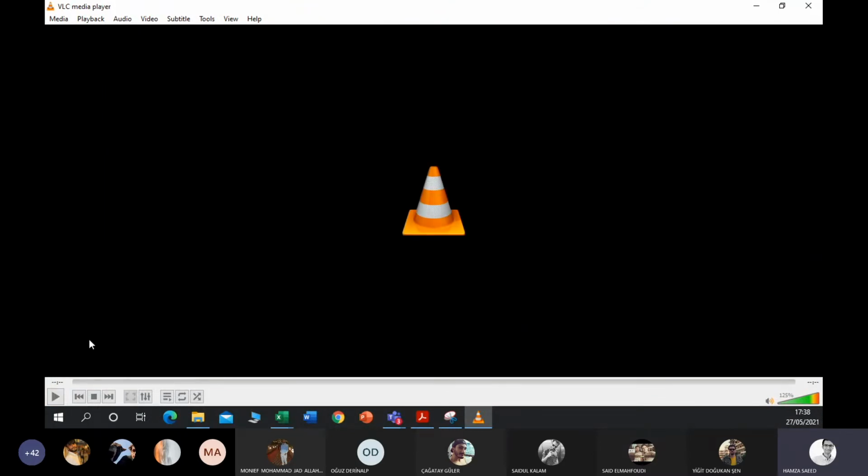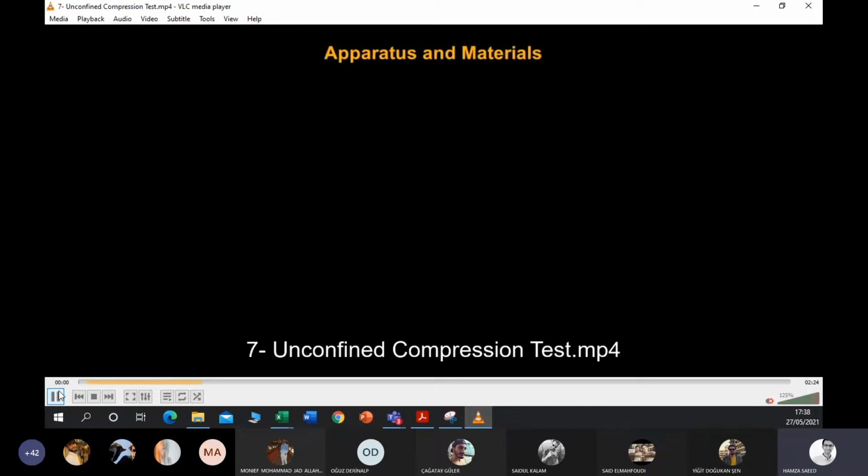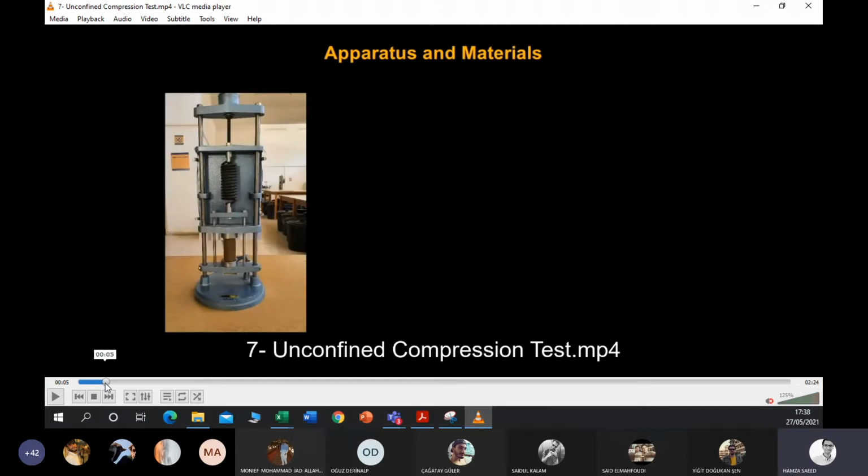So guys, at the end it was a bit trimmed off, so at the end we just determined the moisture content. Here I'm going to highlight some of the important features of this test. As you can see, this is the overall setup. We place the sample in between the flat metal plates. At the top of the apparatus, there is a handle and we start to rotate it at a steady rate. It should not be too fast or too slow, at a steady rate, so that the sample is deformed uniformly.